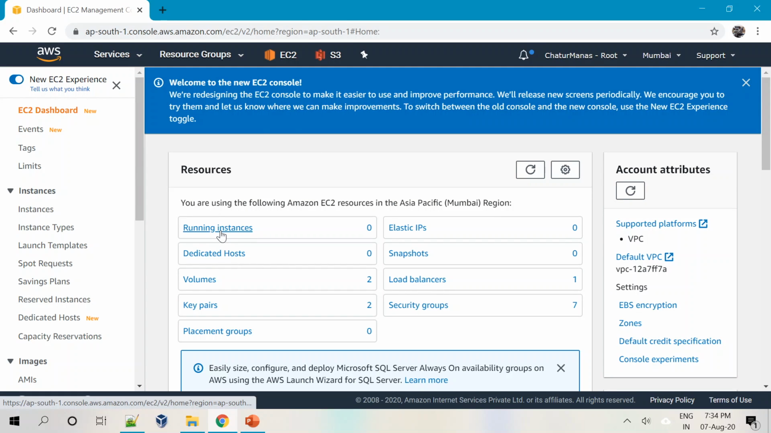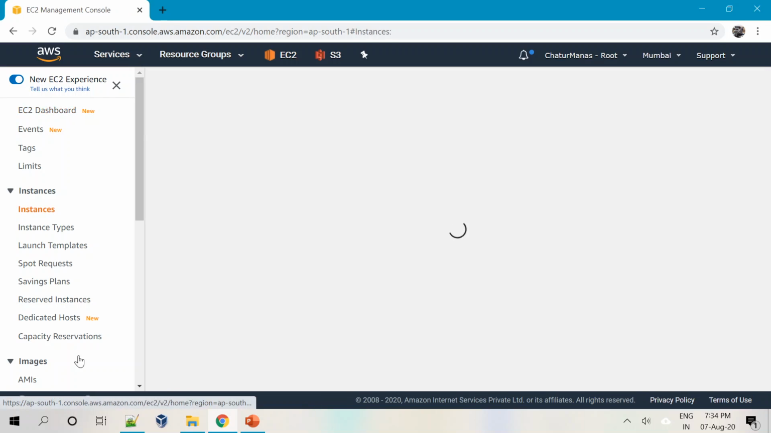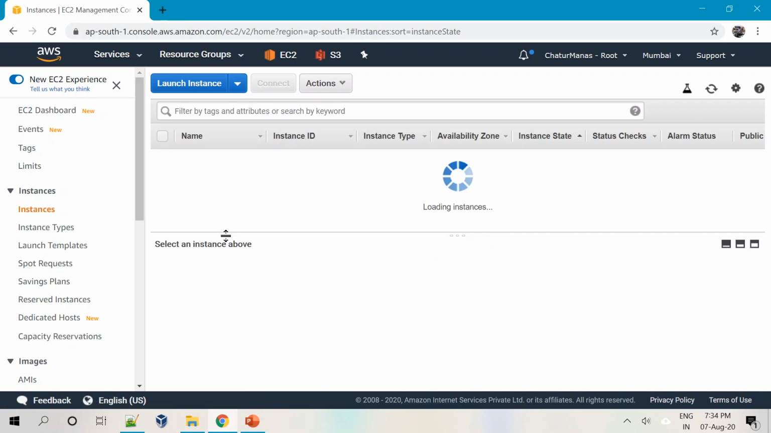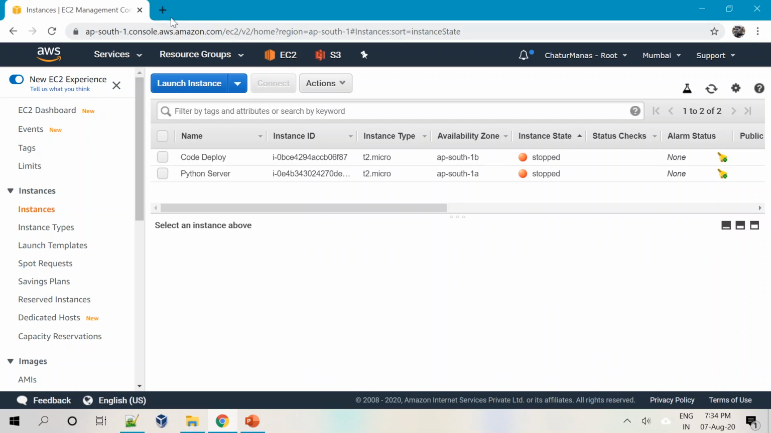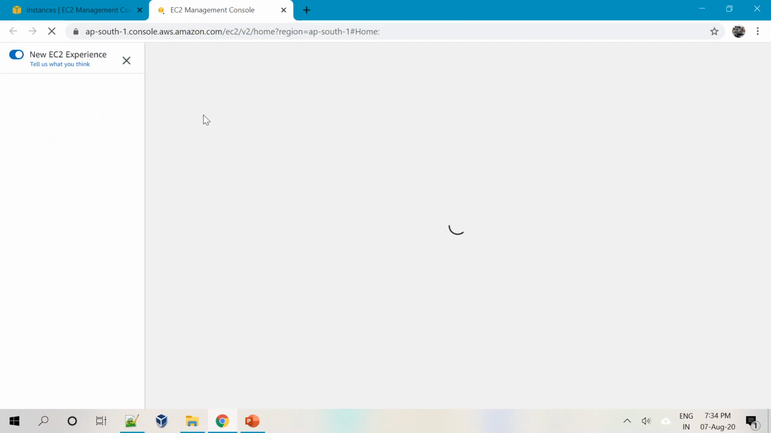and if I look at the status of the running instances, I do not have anything, right? If I click on the instances, I do have a couple of them, but they are in stop mode. I do not have anything running as such, right? So what we will do now, I'll open up another tab and we'll try to